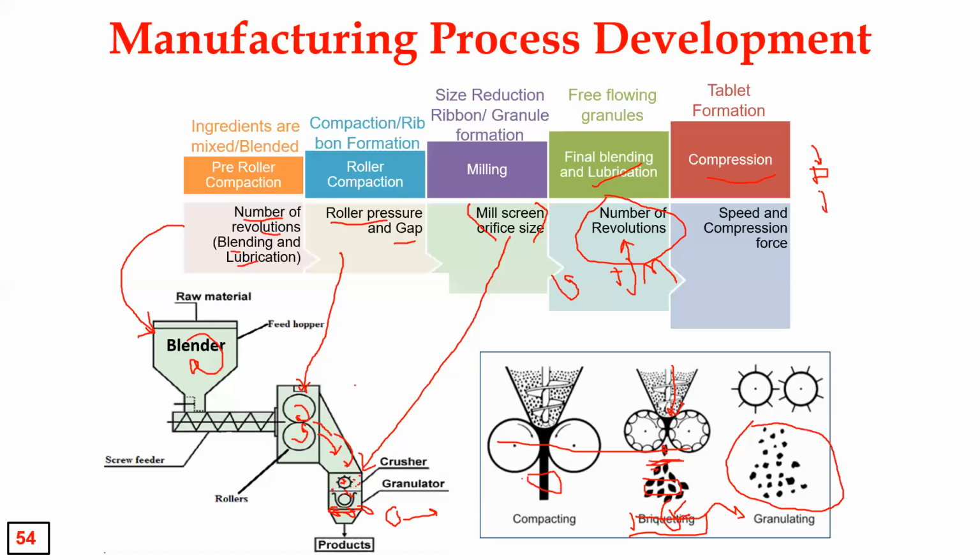And finally, the compression, the tablet compression area, where the upper punch and lower punch are used to compress the tablet. There they have used parameters such as the rotation speed of the tablet punching machine, and also what force you are using. And on this force and speed, what is the effect on the critical quality attributes of the material, that is content uniformity, dissolution and degradation properties.